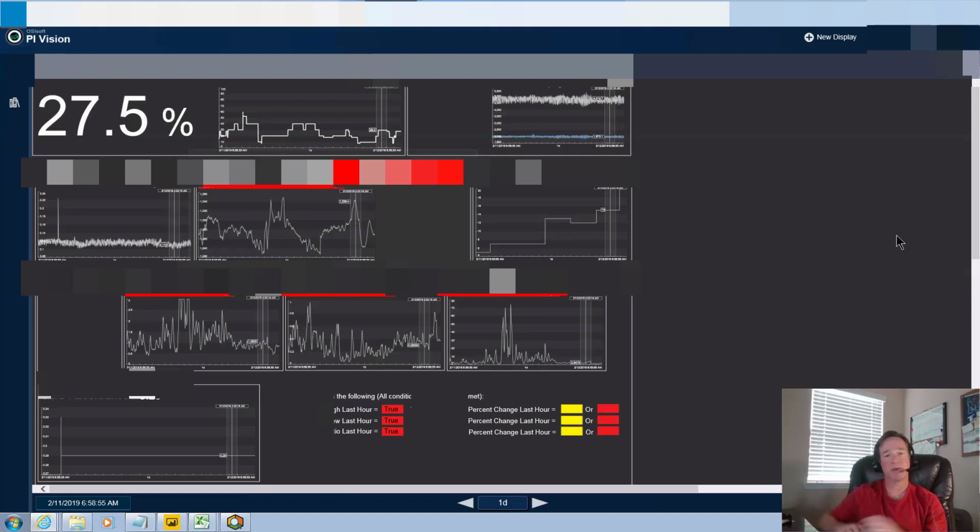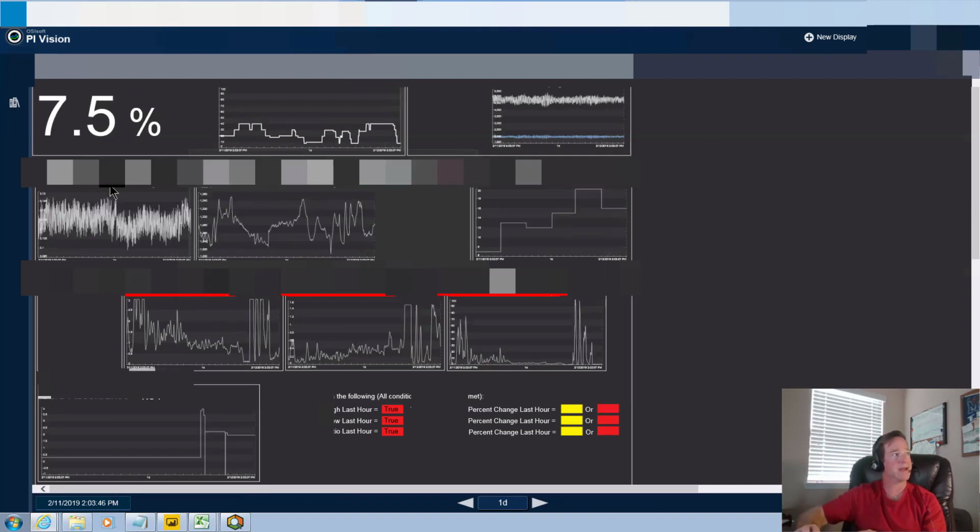So what we ended up doing, this is the final result. What the operator can look at now is they can see a percentage chance of what we think this problem is going to happen, this contamination issue. And here's that raw signal of the fluid signal that we were looking at, that moves from 3.11 to 3.09.